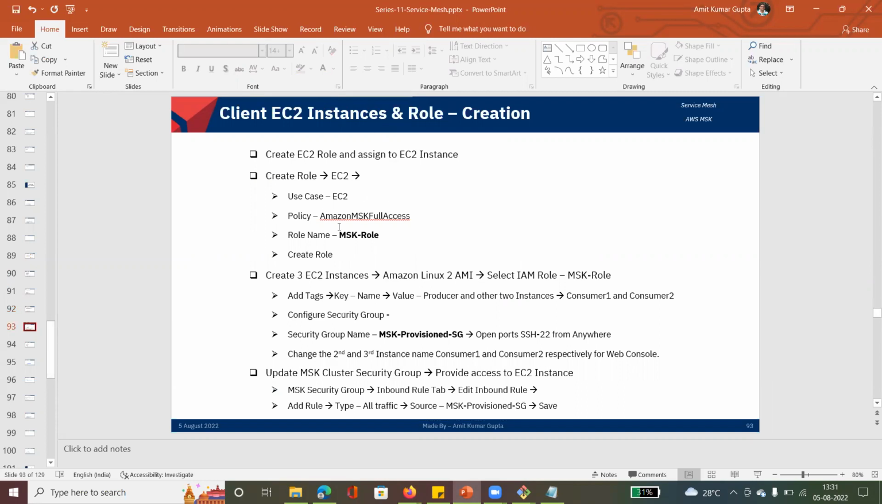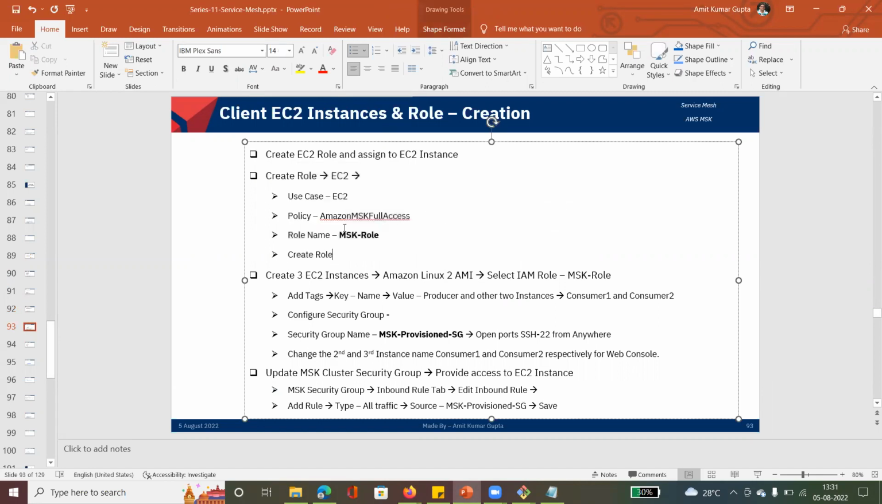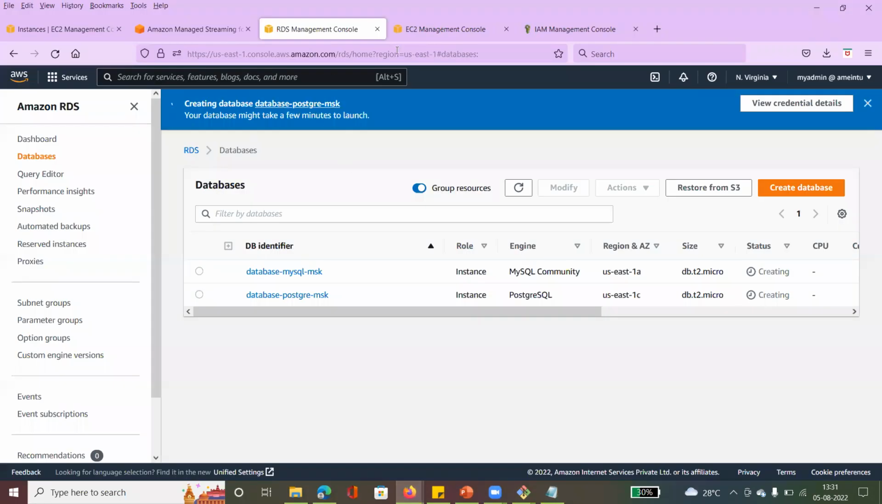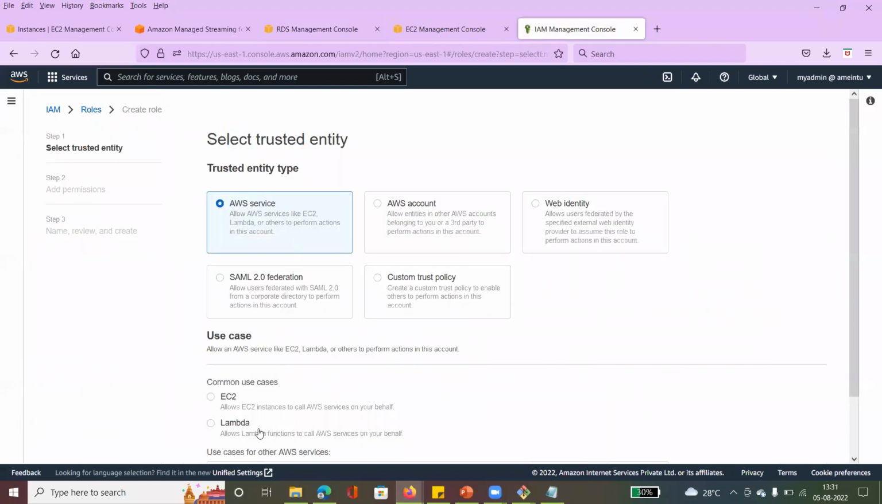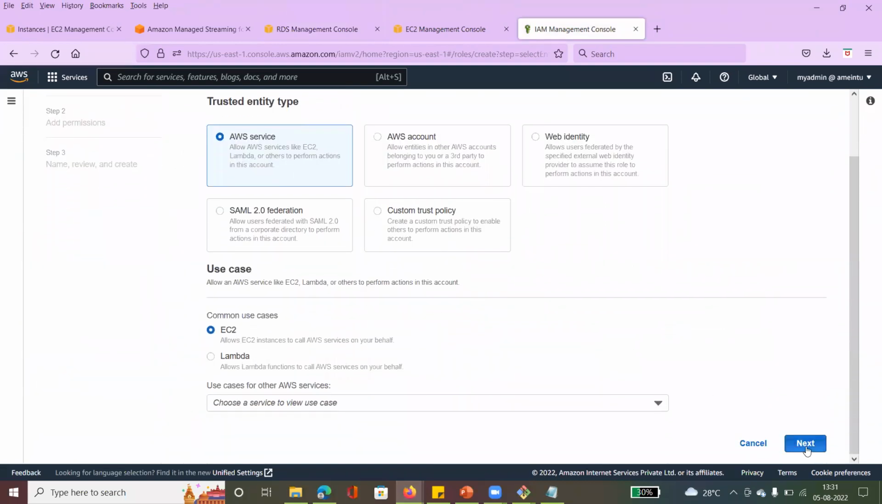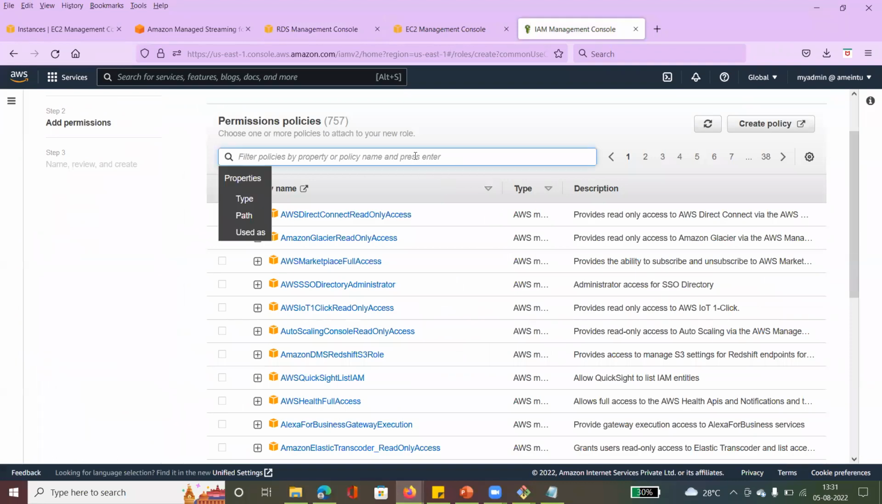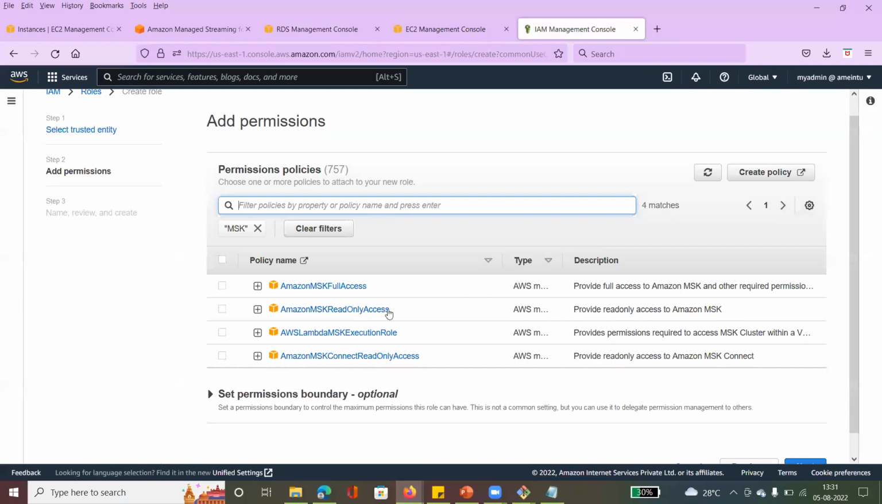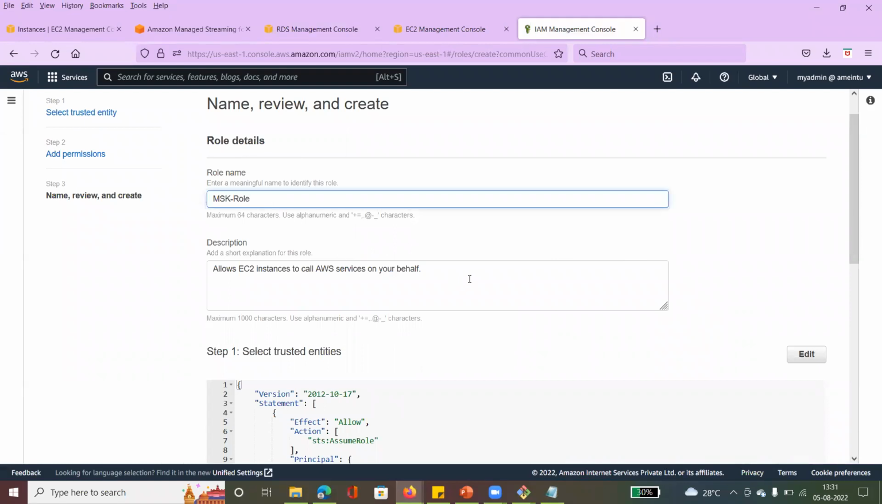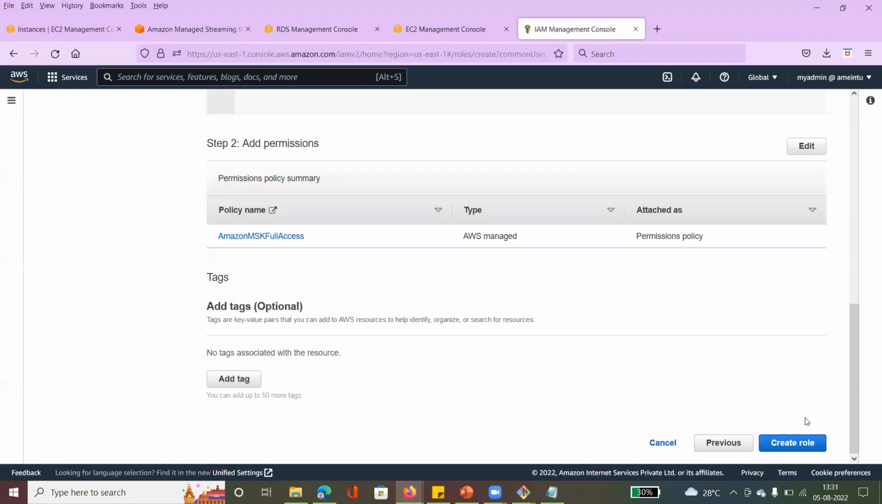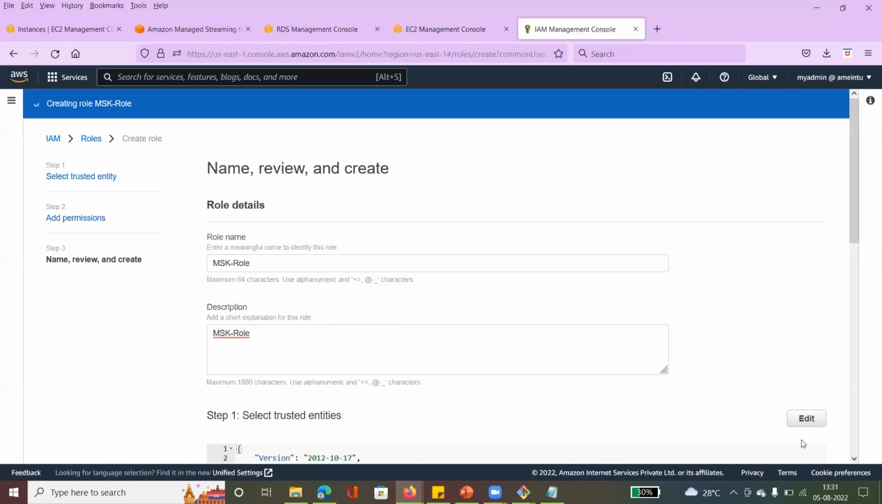Before that, we need to create one role for that, the MSK role. So let's go and create this role. This is an IAM role. Create role. MSK we need to select here. Full access. And the role name is this one. Okay. It will create the role. And after that,